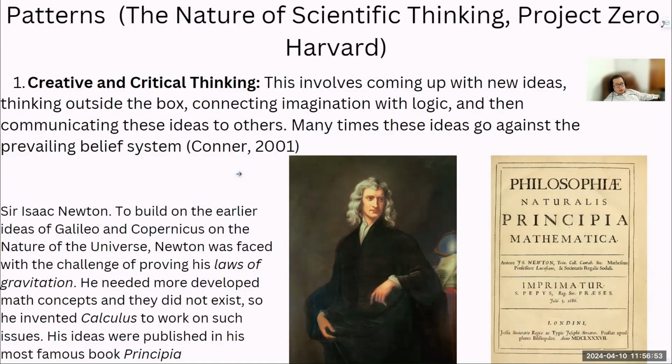Isaac Newton was trying to prove his laws of gravity, or gravitation. The formula we have now is hard. Nobody understood it during that time. But how do you prove it? How do you test it? So he needed more calculation tools, or you could say an experimental design to test it, because we cannot test how gravity works on different objects on the planet